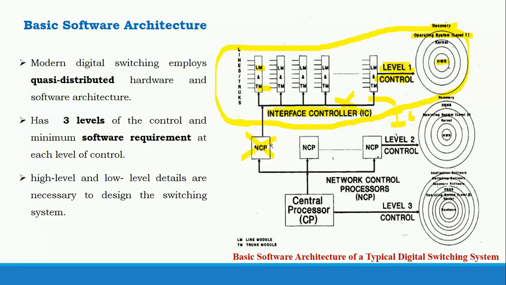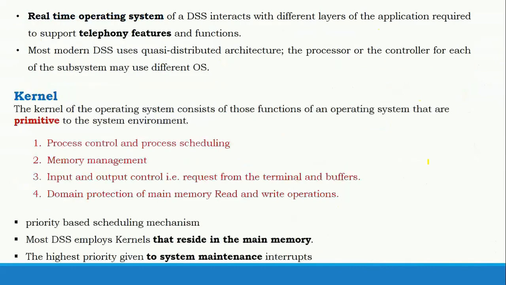So particularly you will have special NCPs which have backup capability, which we call duplication. For example, we'll write it like this, shadows below this. So usually the central processor and also the NCPs will be duplicated. In case of failure of one NCP, it should be replaced by its duplicate. There will be two types of NCPs used: one is the dedicated NCP and another one is the independent NCP. We'll try to know what the difference between these two is.